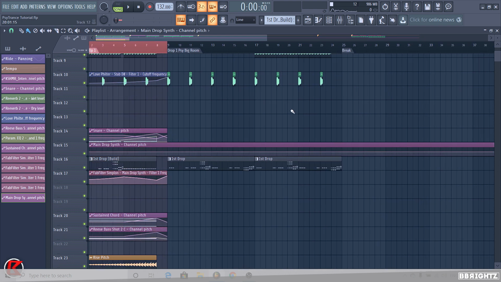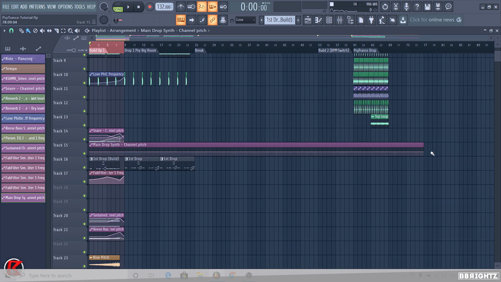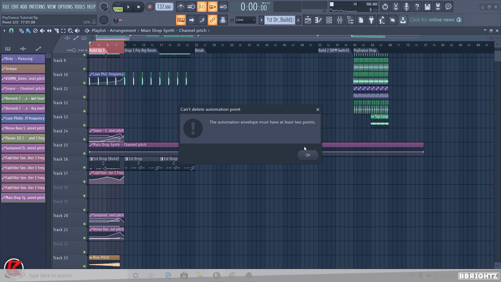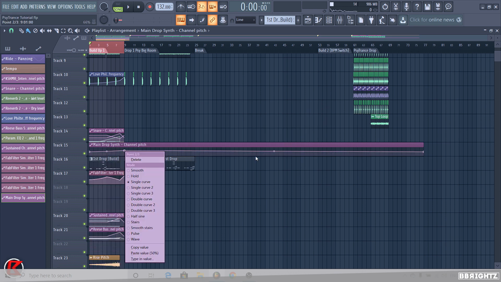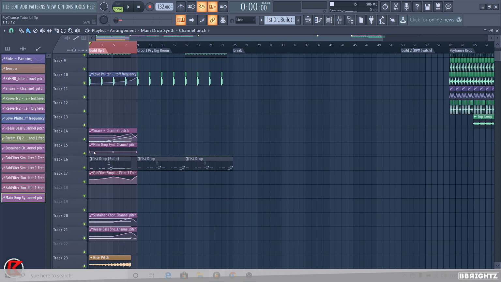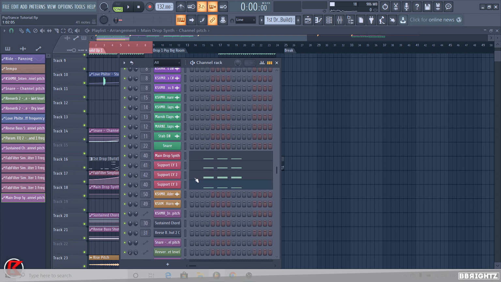When you're creating automation clips, make sure you have a selected area like this selected, otherwise it'll just keep creating automation clips as long as the whole track. And it's rather frustrating. So yeah, just going to pitch the last bars here, but instead of creating 4 separate ones, we're going